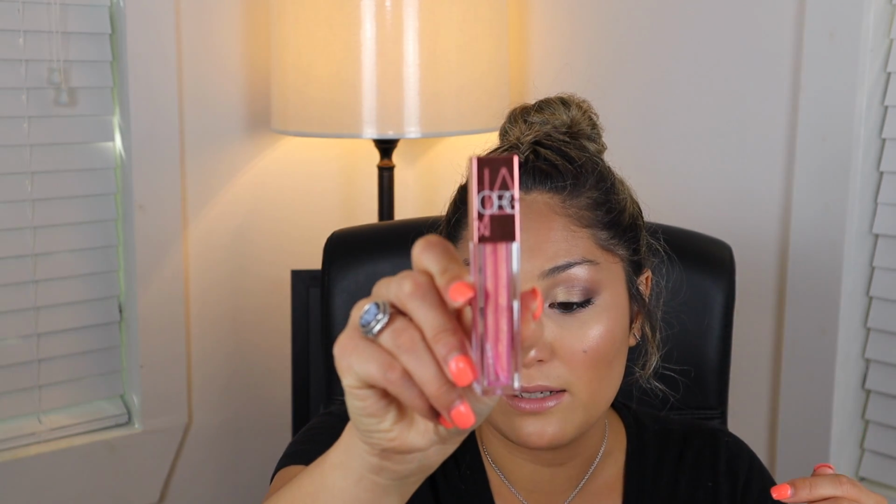And then for lip glosses and balms, this NARS Orgasm lip oil, or lip tint oil, I believe is what it is. Oil infused lip tint. Hello. This is just wonderful. I again throw this in my purse and just put it on whenever my lips are feeling a little dry. Gives it a nice glossy finish